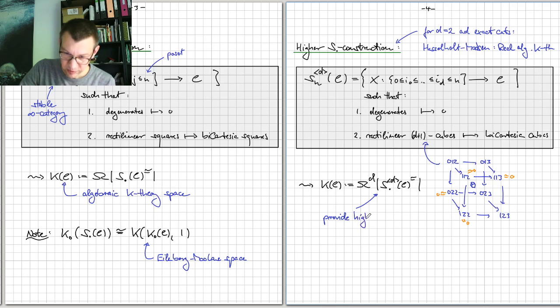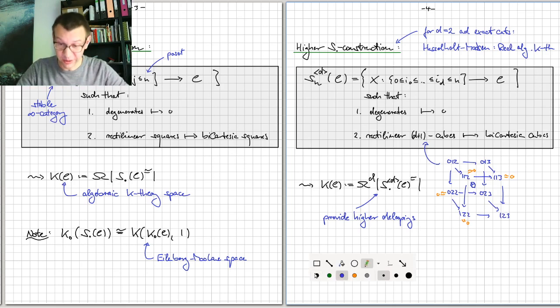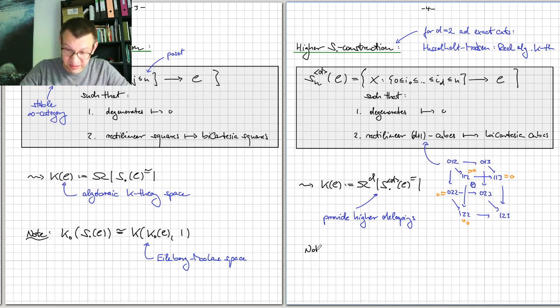But that can be done. So we can say that these higher S constructions provide an alternative way to deloop. And the nice thing is that they achieve exactly this goal, if you want,